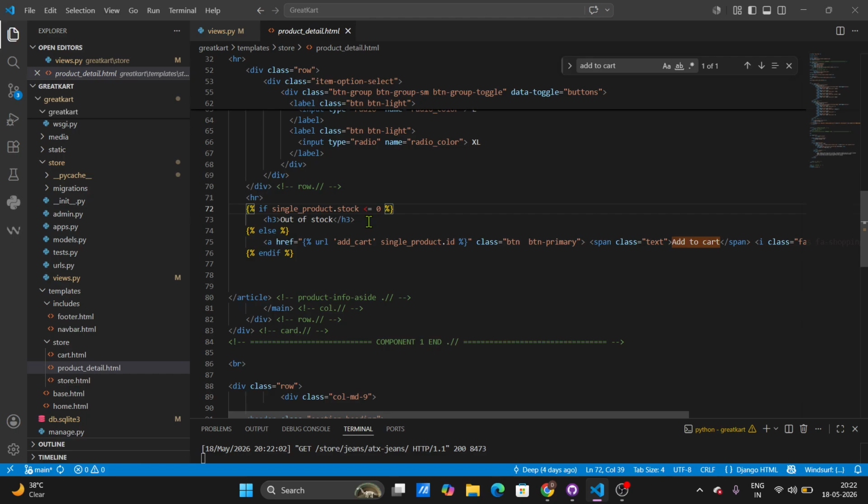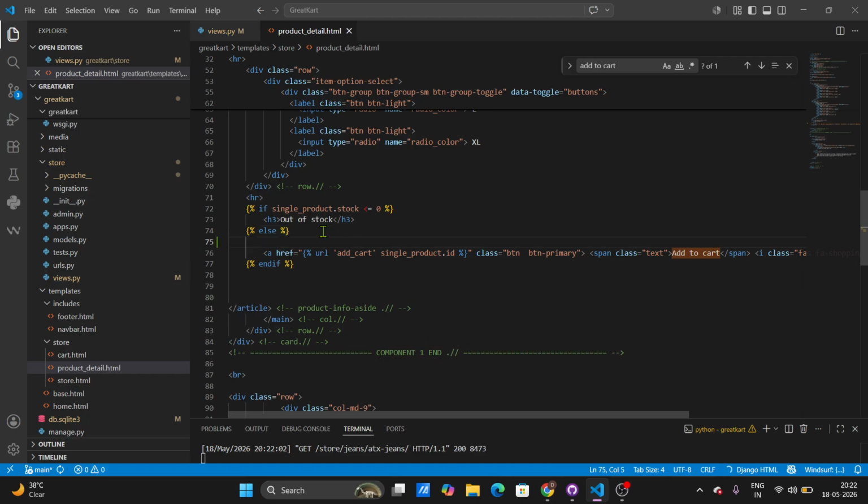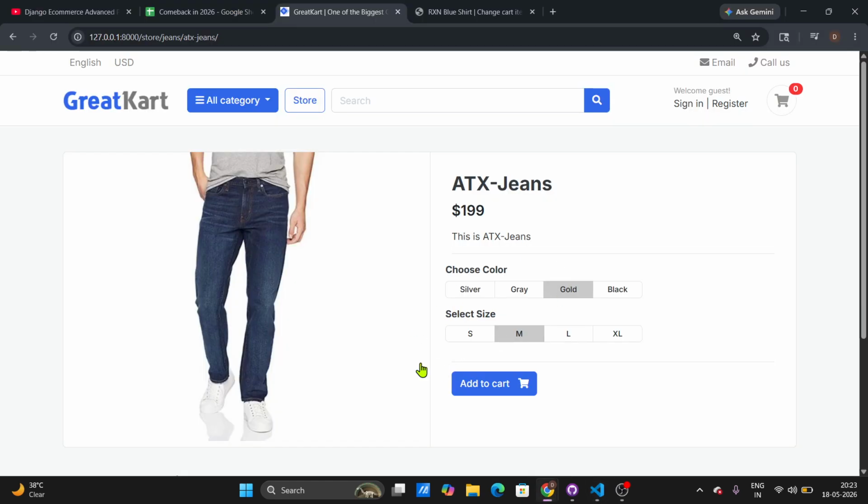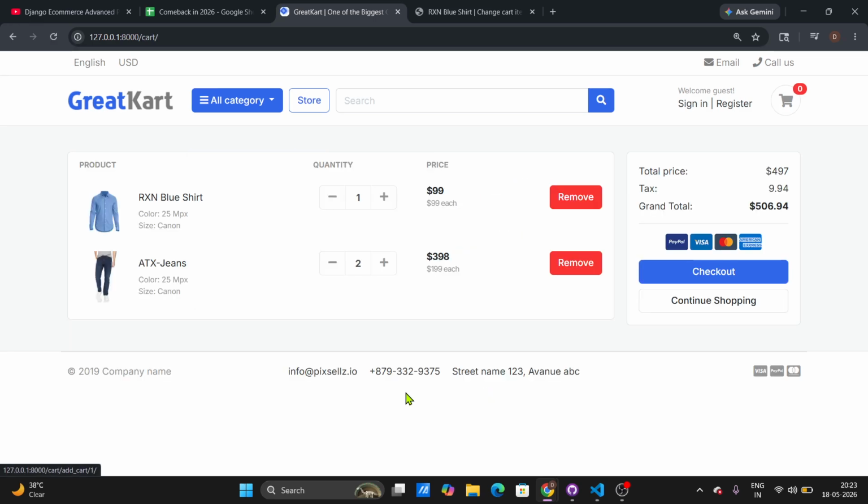and else. Okay, and if it's okay, inside this after this else block just use another if, and just bring this to below. What do we want here? Okay, just think. So what we want here is, if this product has already been added in the cart, then it should